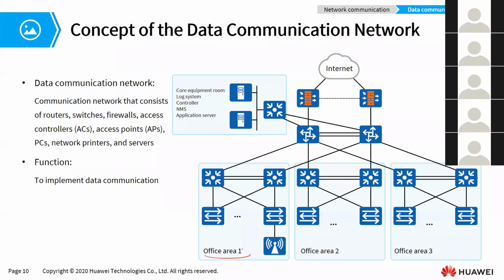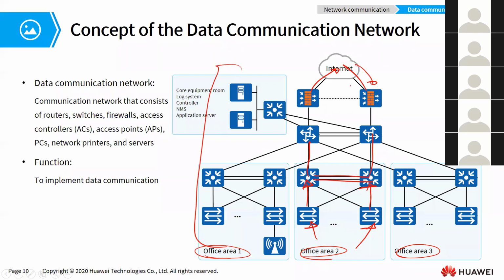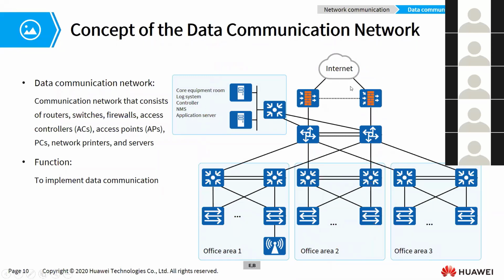When you have an office area, another office area, another office area, people in these office areas are connecting to devices we call switches. These switches are connecting to stronger switches that are providing redundancy for traffic to go all the way up and maybe even reach the internet and come back. This, ladies and gentlemen, is what we call a data communication network. Now, as you can see, this data communication network has really a lot of devices.